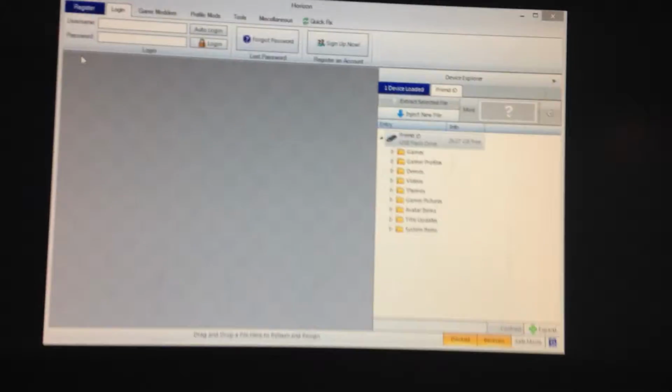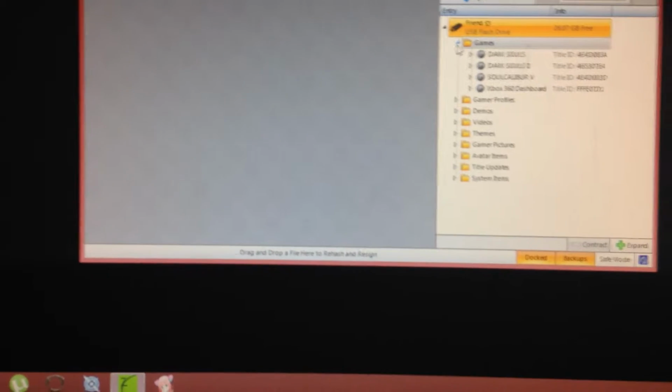Okay, I apologize for the bad quality. I'm using my iPhone here. Okay, so I'm showing you guys today how to use the Calibur 5 Violent Vodka mod editor, which is a lot easier than